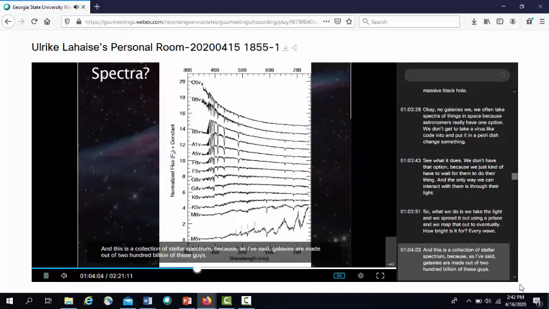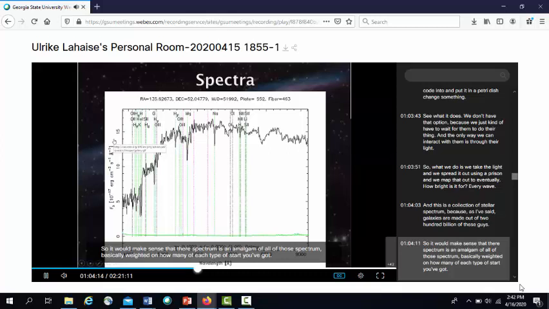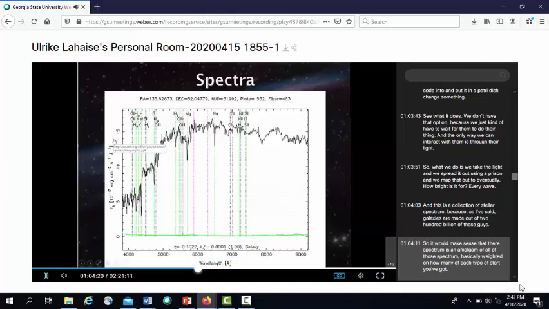And this is a collection of stellar spectra because, as I've said, galaxies are made out of 200 billion of these guys. So it would make sense that their spectrum is an amalgam of all of those spectra, basically weighted on how many of each type of star you've got. Well,